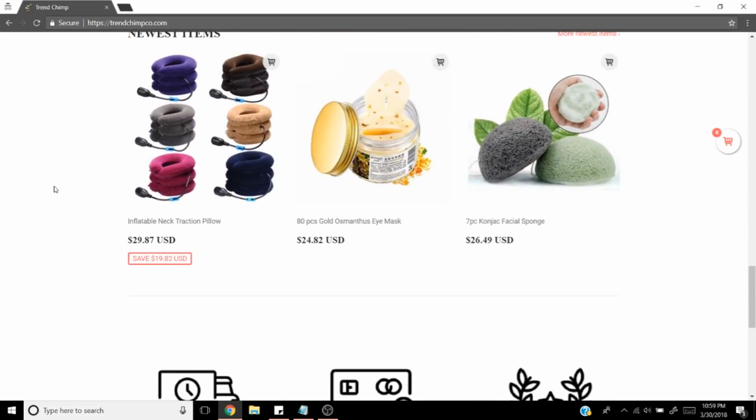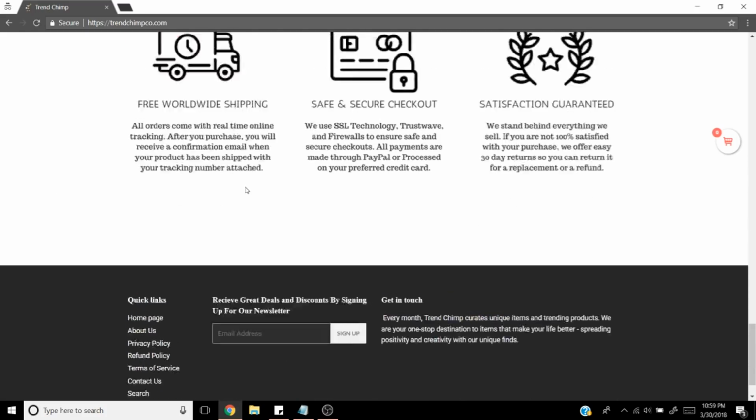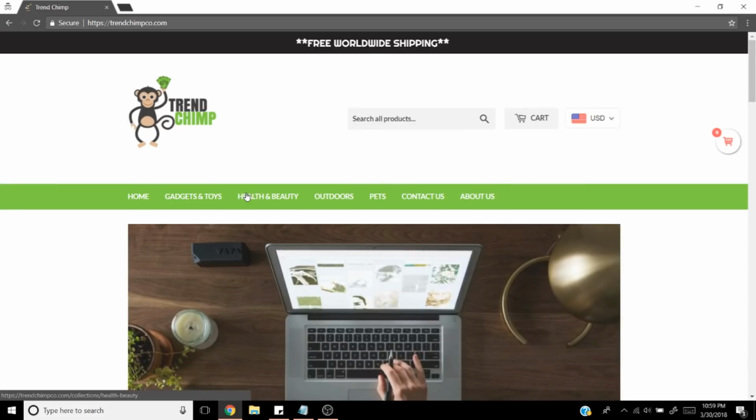But overall, this isn't a bad general store. I've definitely seen a hell of a lot worse. This is definitely on the right path. Just add some more stuff to it, change those things around, and I think you'll see some good results. Largely, success on general stores comes through marketing those individual products.